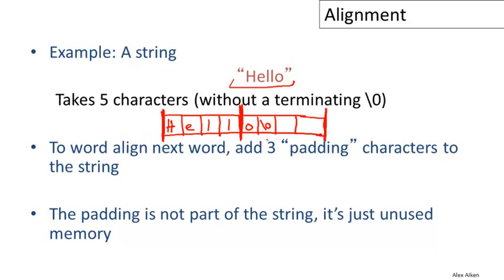And now the question is, where does the next data item go? So we could begin the next data item right in the next available byte, and that would be good if we were very concerned about not wasting memory. But notice that that data item will then not be word aligned, and we may either run into correctness or performance problems if the machine has restrictions on alignment. So the simple solution here is to simply skip to the next word boundary and allocate the next data item, whatever it is, on the